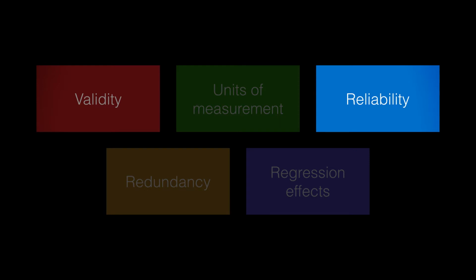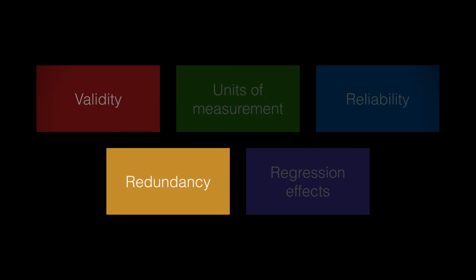The third reason is reliability. People are good at identifying what information should be considered in making a prediction, but they're terrible at consistently applying a single prediction formula. Statistical formulas reliably combine information in the same way each time they're used. The fourth reason is redundancy. Statistical techniques give less weight to redundant variables, that is, variables that represent the same information. Humans, on the other hand, much prefer redundant information as it is confirmatory. Information that is similar to other information seems to suggest that it's truer and should be given more weight.